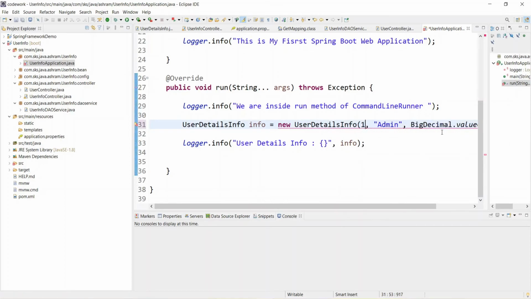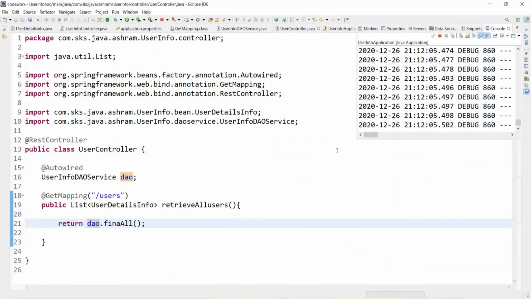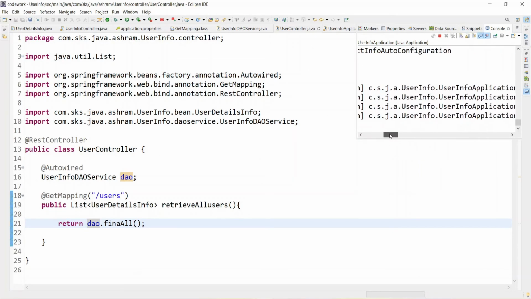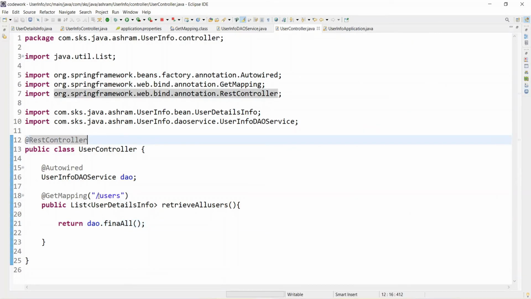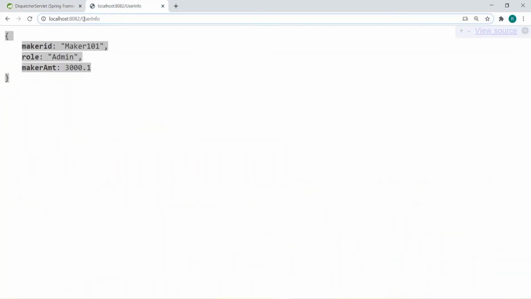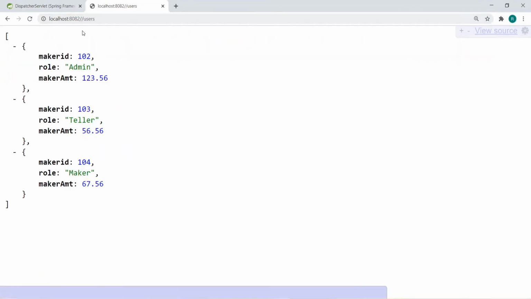Let's give the user ID, then run the application. The application got run on 8080 port. Now we have this API REST endpoint. So now go here and call this users. This is what we have written. Root slash is also working.